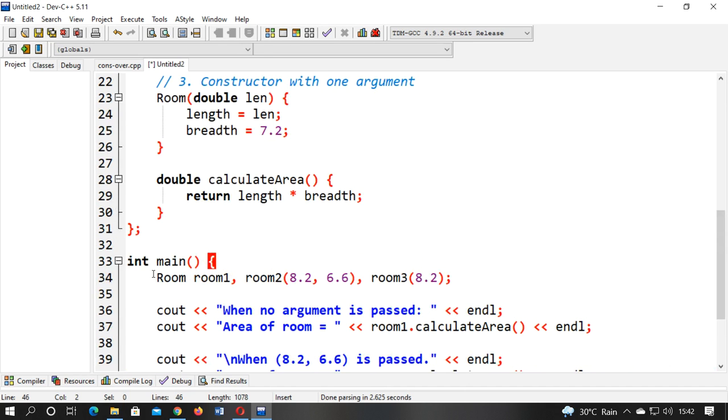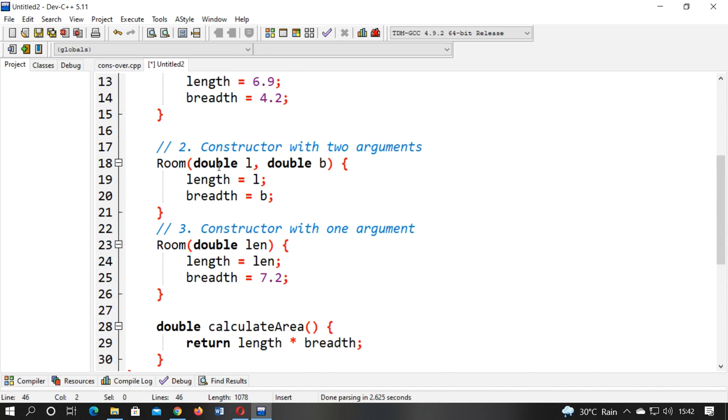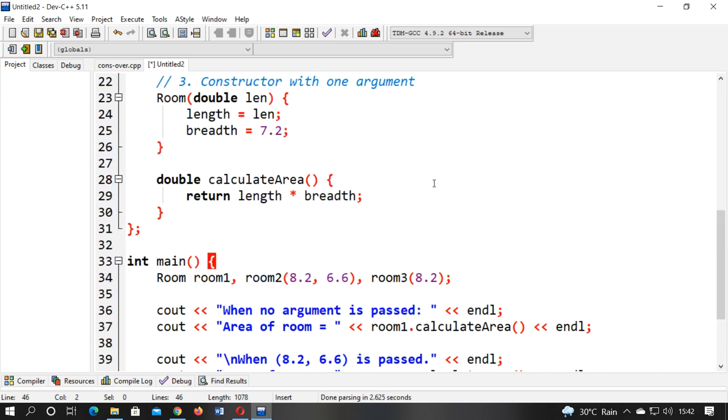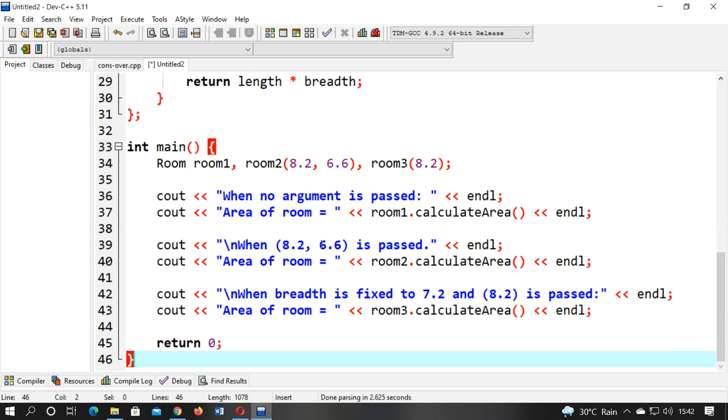The second has a two argument list, and I have passed the values 8.2 and 6.6. It will calculate the value and give the result. But in the third constructor, I have given only a single argument, which will be copied into the length value, and the breadth is also initialized in the constructor. In this way we can calculate with a constructor with no argument, with two arguments, or with a single argument.